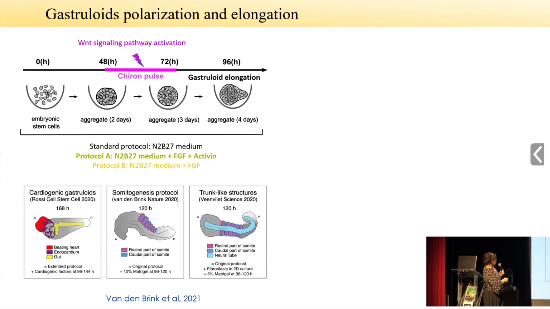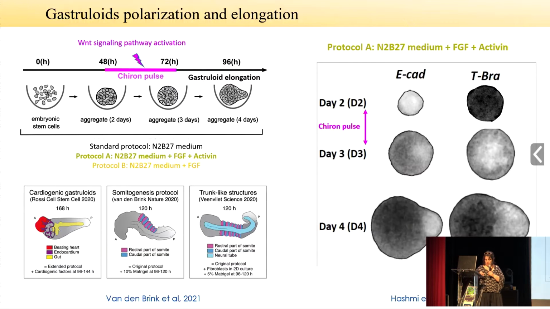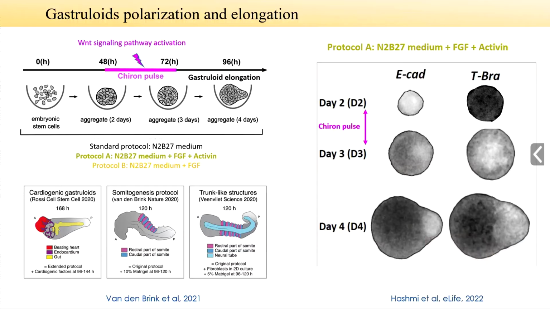And then what fascinates us is the fact that just between day 3 to 4, they start to elongate. And that was really the question, why? So in the team, when I joined, Pierre-François and Ali had already started investigating that at the coarse-grain scale. So they were interested in seeing what happens at the genetic level, but also at the protein level, because a way to make the link between the genetics and the mechanics is to look at proteins like adhesion proteins or cytoskeleton. And so what they had found is between day 2 and day 3, during the Chiron pulse,